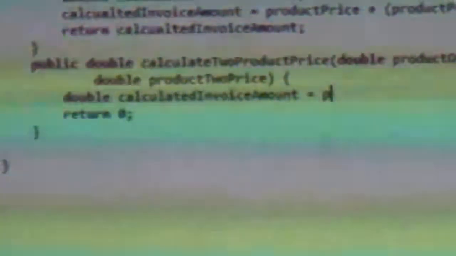Let's pick the double again. Calculated invoice amount is equal to, so let's make a sum, total invoice amount before tax, which is equal to product 1 price plus product 2 price.